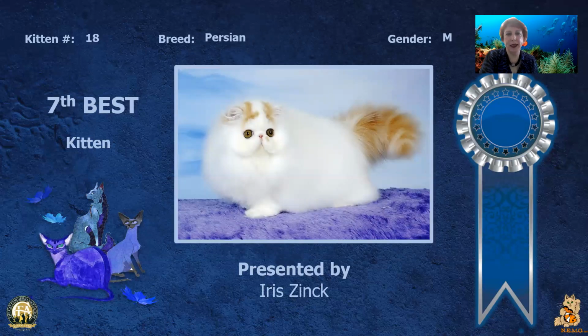Just look at this little baby. Wonderful van pattern with markings on the head and on the tail and nowhere else. Deep, deep copper eyes, tiny little nose, short cobby body, coat flowing and whiter than white. This is a very exciting, very young kitten, and I think it's got a lot of potential. Today is my 7th best kitten,